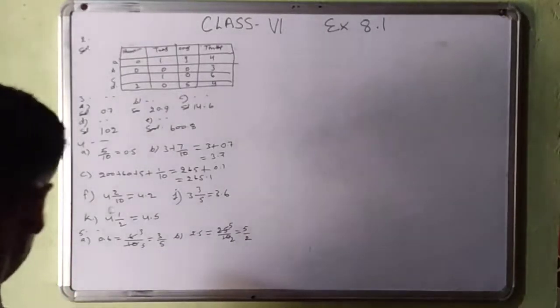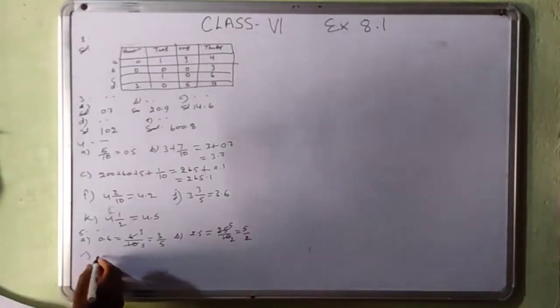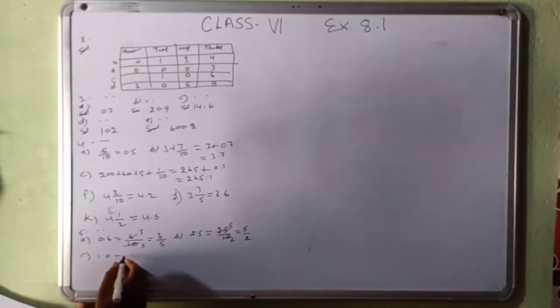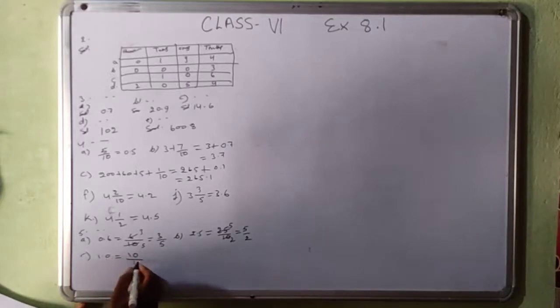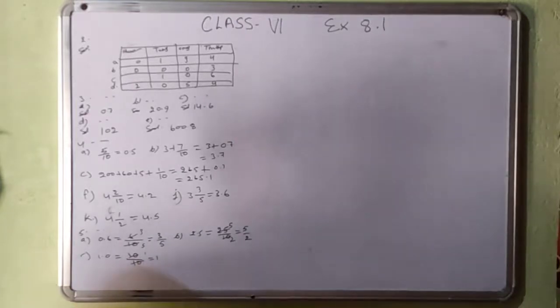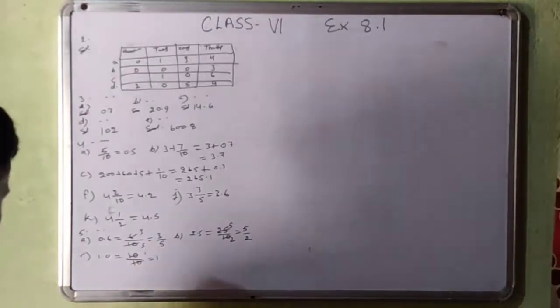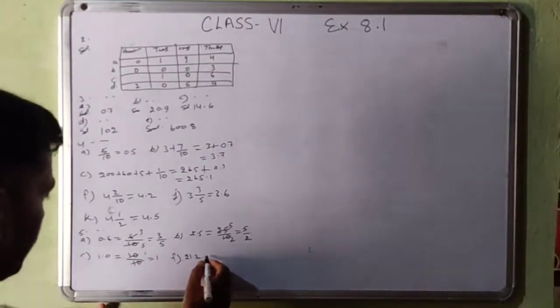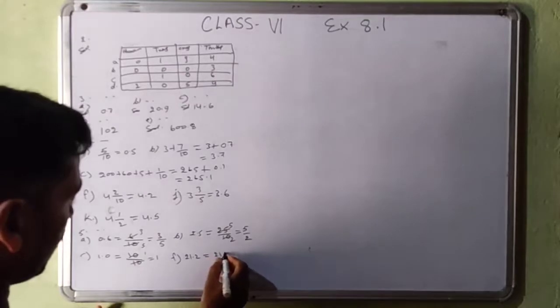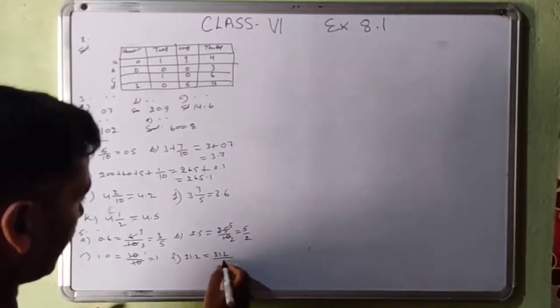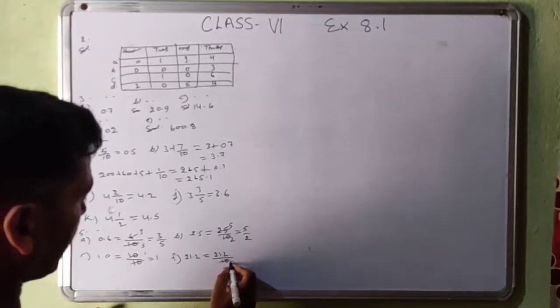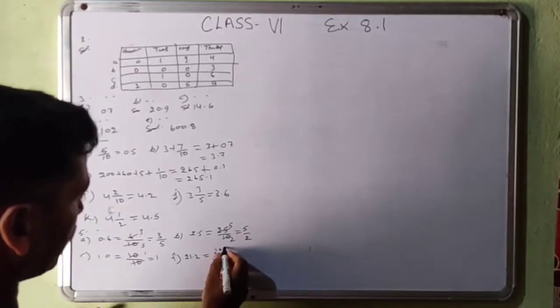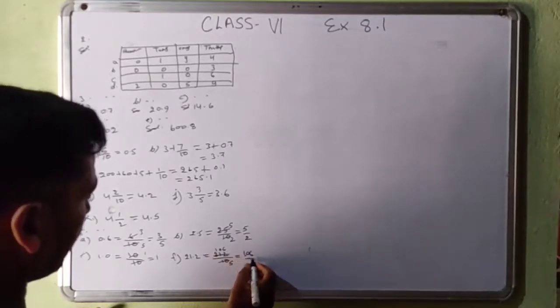And then C part, 1.0 is equal to, you will write similarly and then for the decimal you will write 1 and then 10, 1 ja 10. And then see that F part, other parts you will do at home. So 2 1 2 and then for decimal 1 and 0 by 2, 2 5 ja 10, 2 1 ja 0, 2 6 ja, that is 106.5.